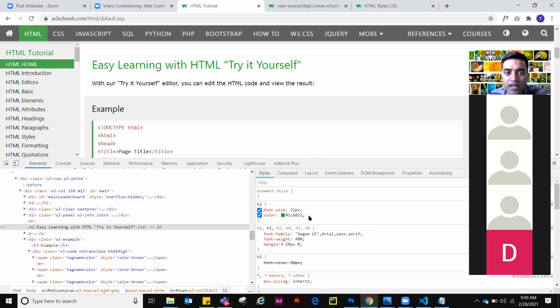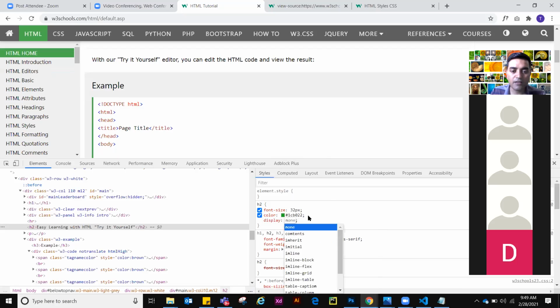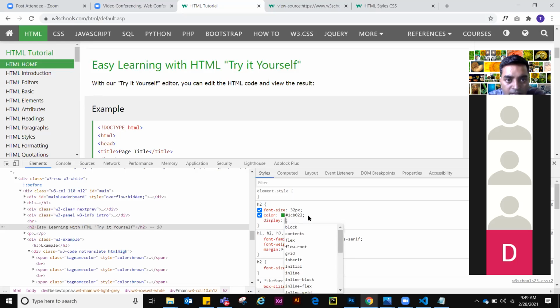So who can tell me why we can't do that? Suppose I can even hide it with CSS code. See, it has been hidden, right? Easy learning with HTML is hidden now.